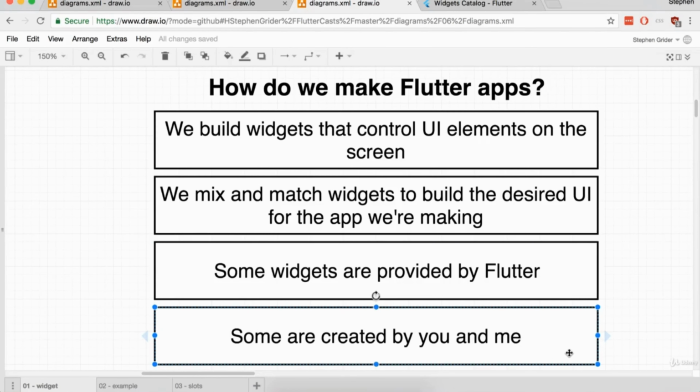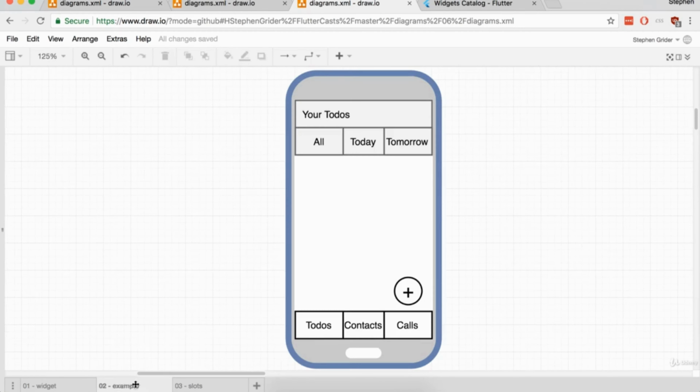Okay, so at this point I've been using the term widget quite a bit, and you're probably a little bit curious about, well, what exactly is a widget? Let's take a look at a very practical example of how we might design a widget and make use of some that are created by Flutter and make use of some that might be created by you and me. So I want you to take a look at this mock-up right here for maybe some type of, I don't know, to-do application. Inside this application, you can see a bottom navigation bar where we can kind of navigate between